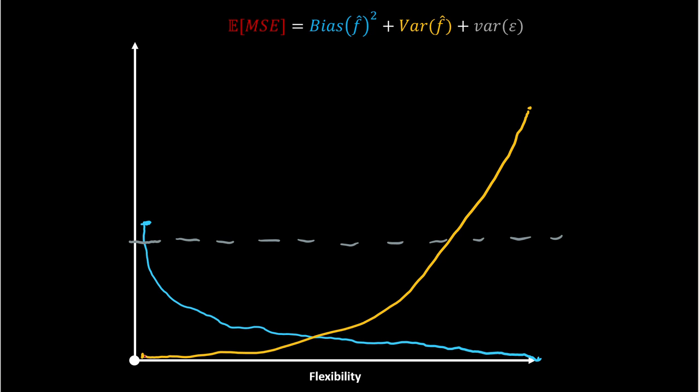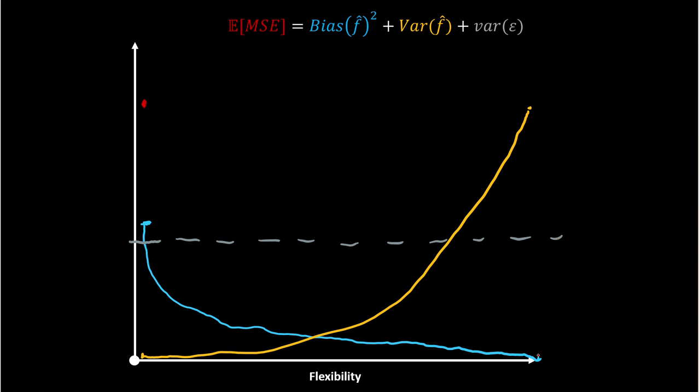If we're at minimal flexibility, we start out with the irreducible error plus the bias. So the gray curve plus the blue curve is going to be somewhere up here. And now at the other extreme, we still have the